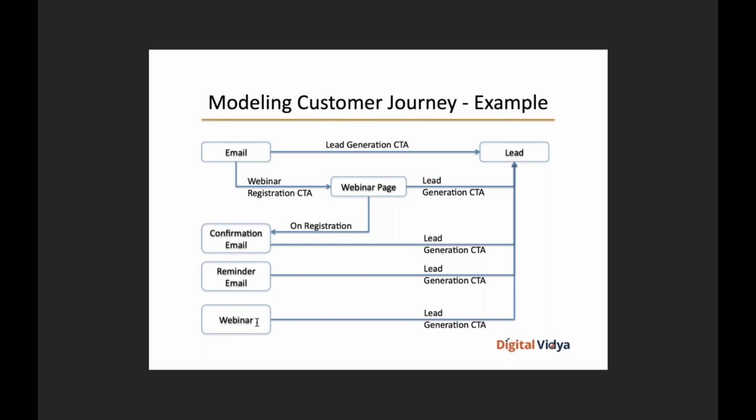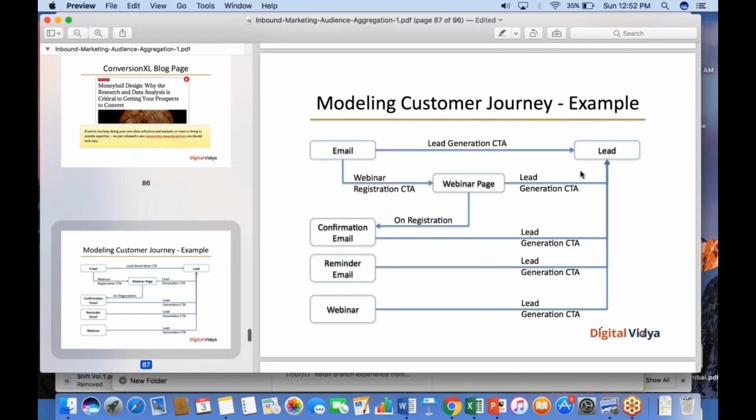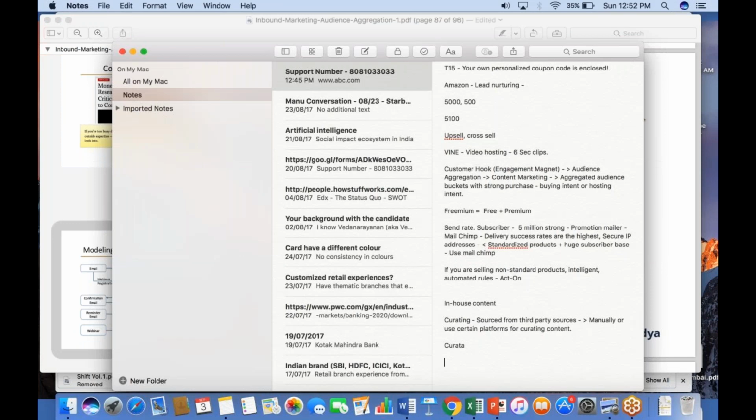So this entire journey can actually be automated using platforms such as Acton or even MailChimp for that matter. But Acton is my personal favorite. Acton can help you automate this whole process. You don't need a human being to sit and keep triggering these emails one after another. All you need to do is set up automated rules with specific events or trigger points which send specific email templates.